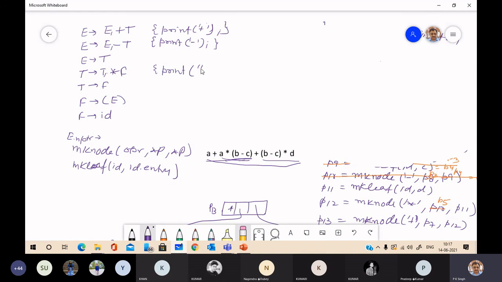Print asterisk. And here no action, no action, no action. Here you can write print ID name.